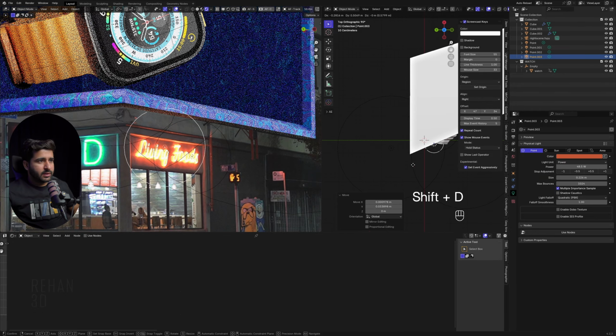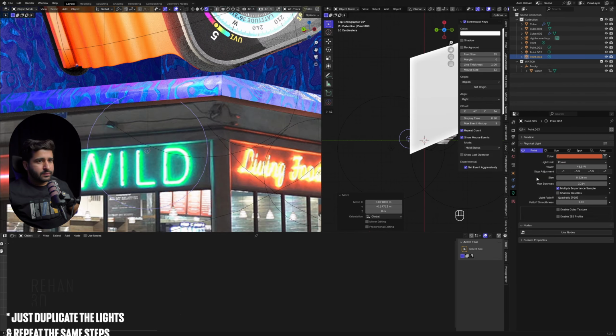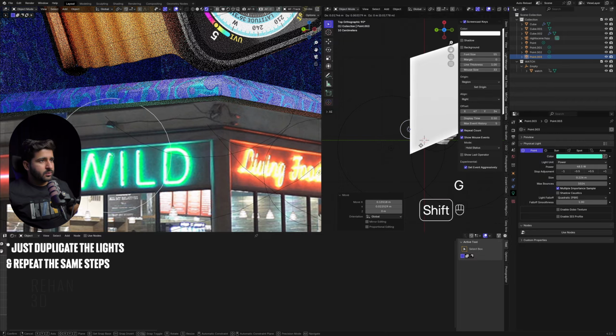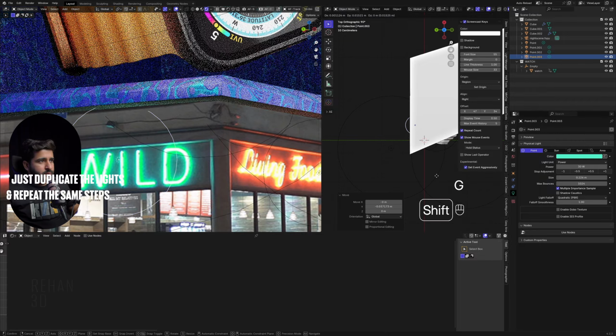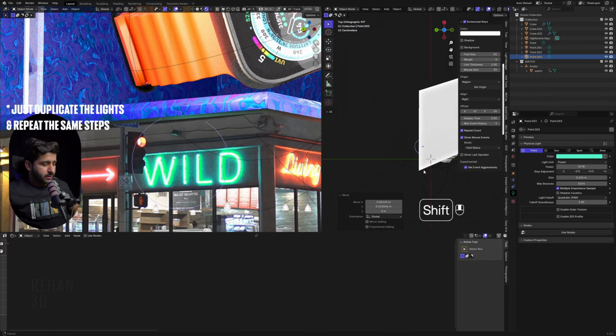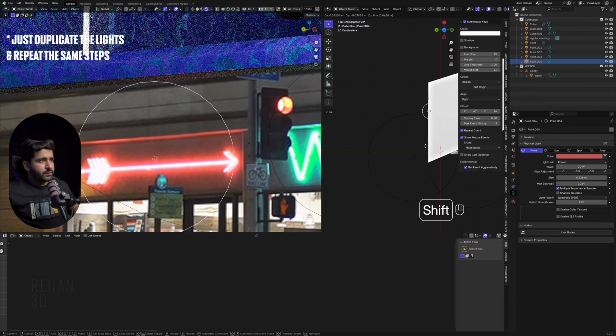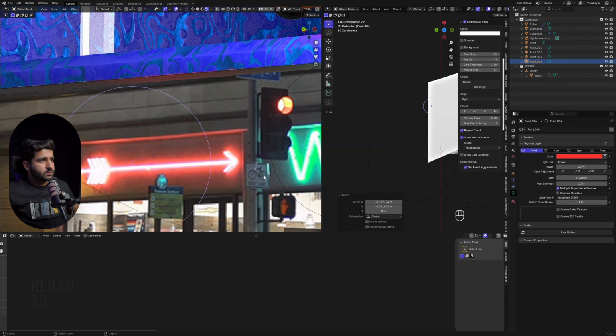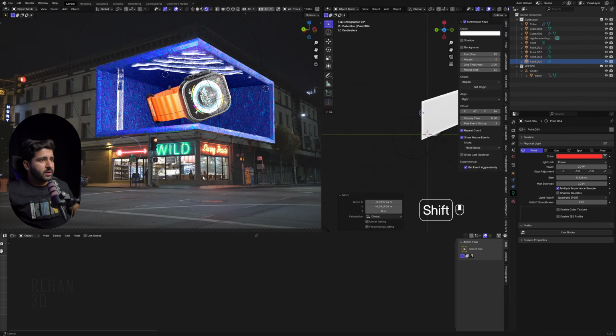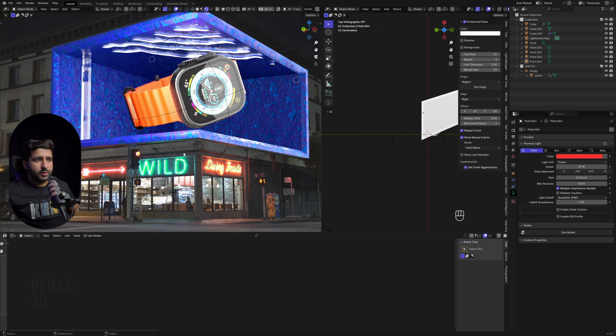Now I will duplicate this, and if we zoom out, you can see this is now looking much better.